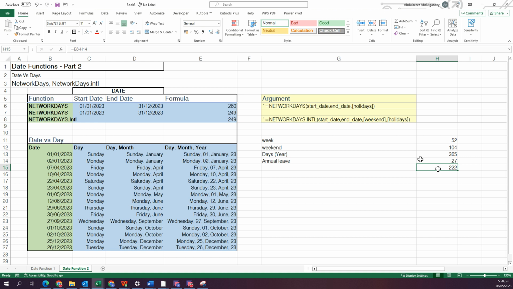So what if your boss wants to target you on a monthly basis and wants to consider your annual leave also? Your boss might just decide, okay, 222 days in a year, let me divide this by 12 so that it will be easy for me to target this person on a monthly basis. All I need to do is just do this, then divide it by 12. So I know averagely I'm meant to target you on 18 days in a month. So if your boss would want to consider your annual leave, your holidays, and the weekends in a year, averagely your boss will target you on